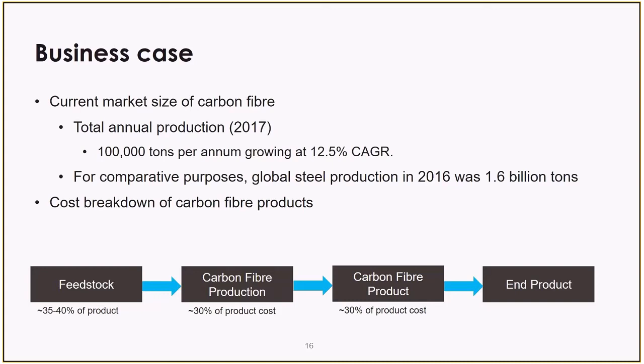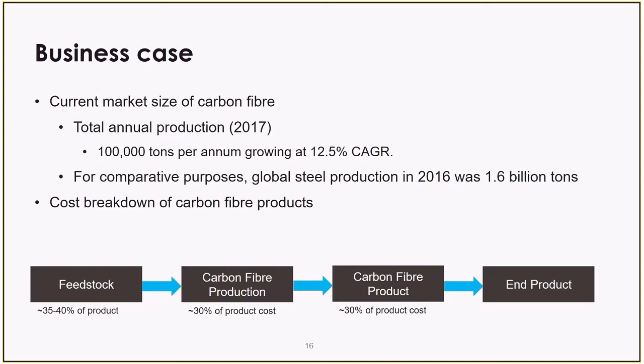Let's look at the cost breakdown of what actually makes a carbon fiber. At a very high level, there's essentially three different components. The feedstock, attributable to 35 to 40%. So we talked about the feedstocks. Then there's the actual process of turning the feedstock into a carbon fiber. That's approximately 30% of the cost. And then taking that carbon fiber, putting it in a resin, and shaping it to a product that we can use and identify with, that's another 30% of the cost. These are approximate, but it gives us an overview of the different components that make a carbon fiber product.